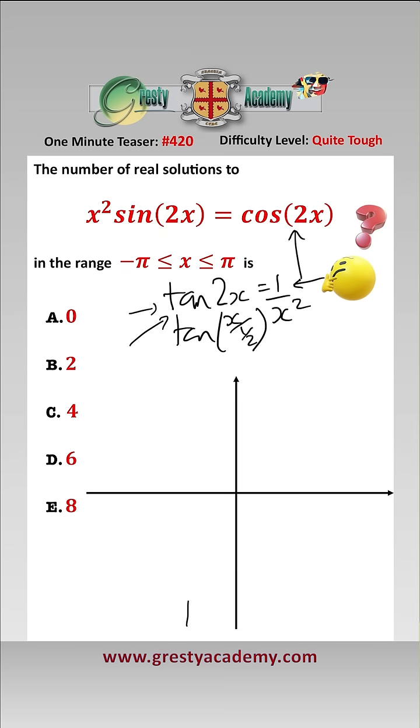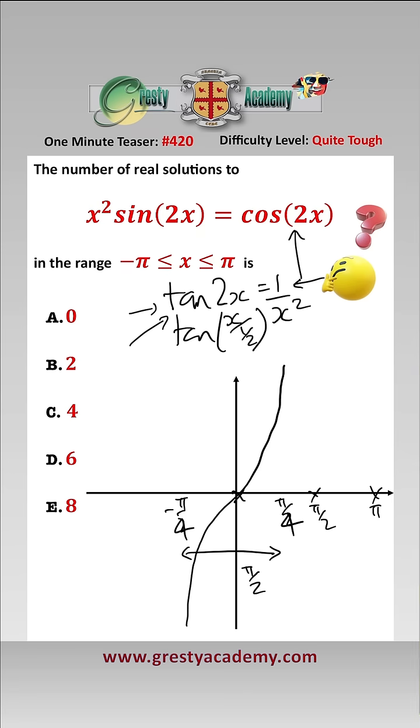So let's first of all draw tan x. This is tan x, and this would be pi over 2, and this would be minus pi over 2. But as we are squashing it to get tan 2x, this is therefore pi over 4 and minus pi over 4, which means that the period of the pattern is pi over 2. So therefore it goes through the zeros at 0, pi over 2, and pi, and minus pi over 2, and